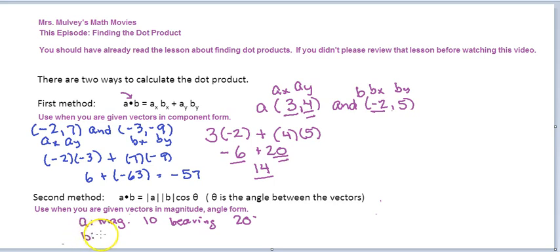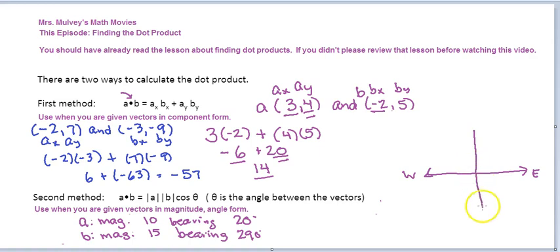This time though, vector B has a magnitude of 15 and its bearing is going to be 290 degrees. So when you go to draw it, one more time, you give yourself an east-west line